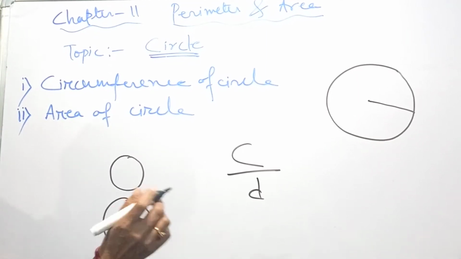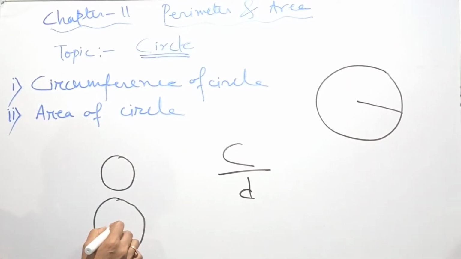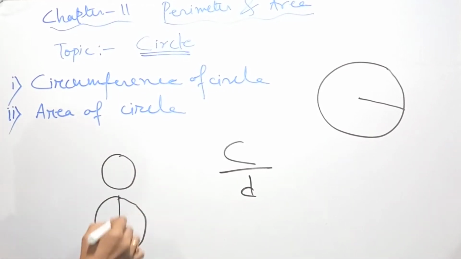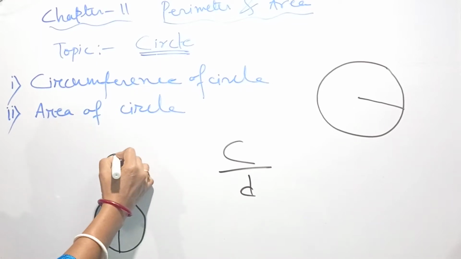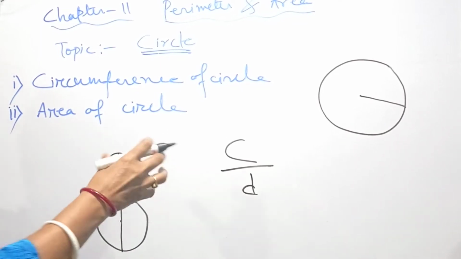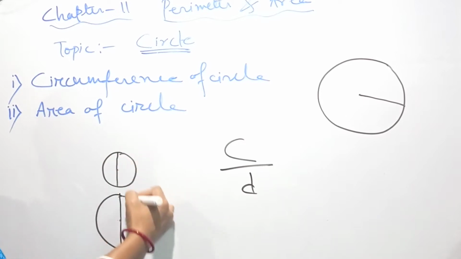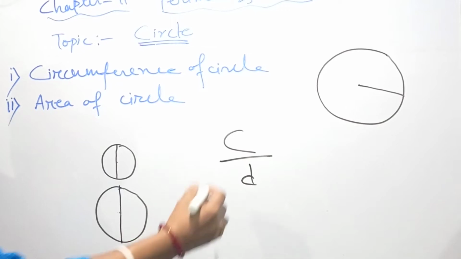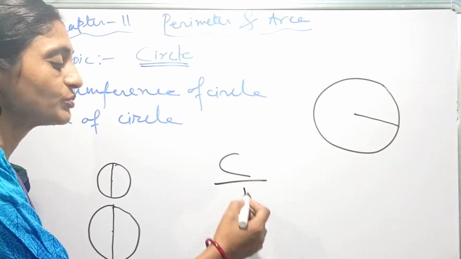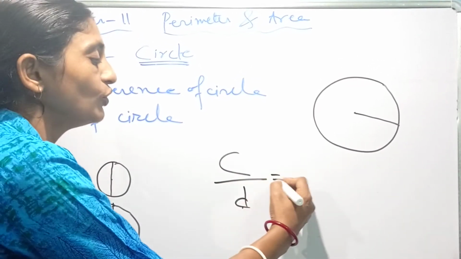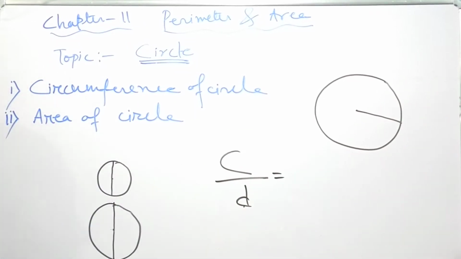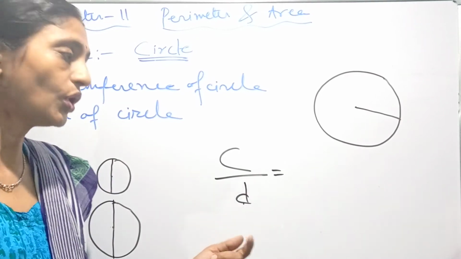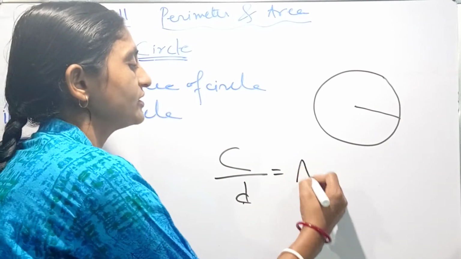When you are using the compass, you put the dot over here in the center. Then through that center you draw the diameter. For the small sizes you can find the circumference and the diameter. Then you take the ratio of these two, circumference by diameter. You can see that in all the cases it will be equal, and it will be nearby 3.14, which we consider as pi.